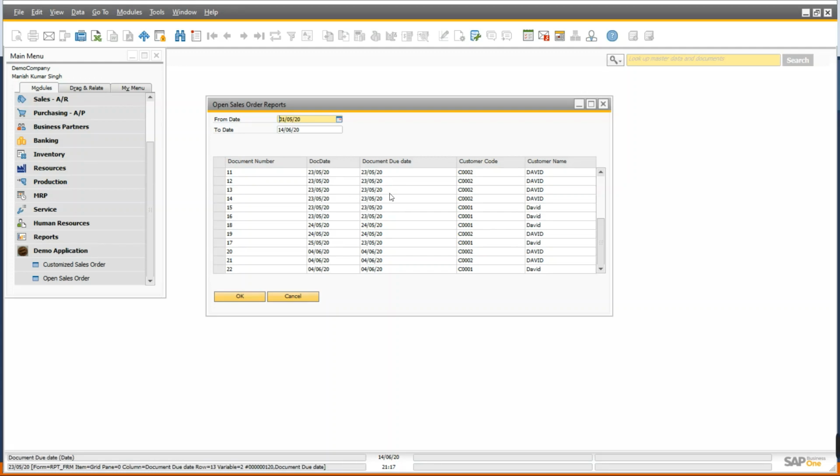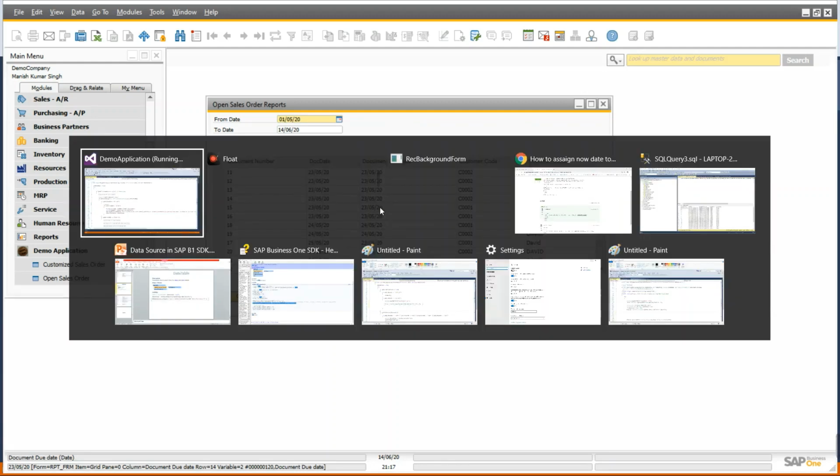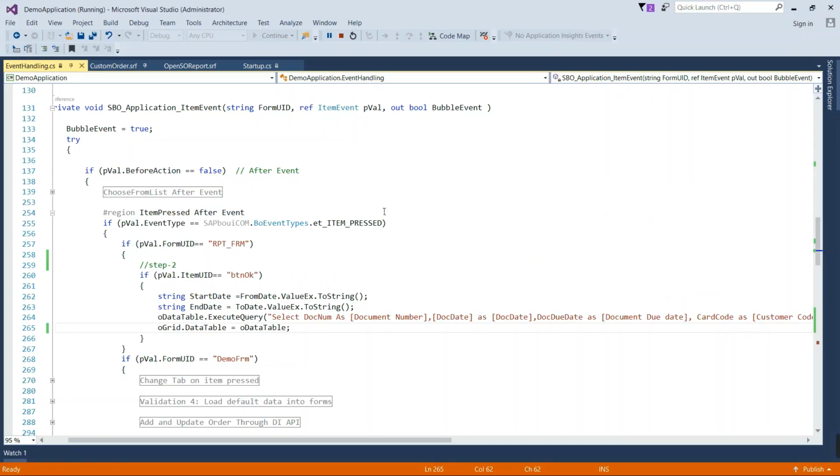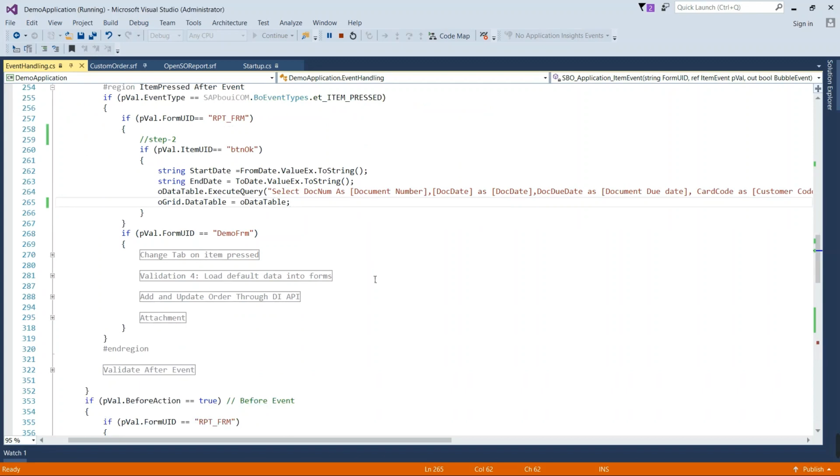So in this coding part, I didn't show you the DB data source. Let me come to the code. Although I have discussed the DB data source in another previous video, on the matrix object, you can see that video.